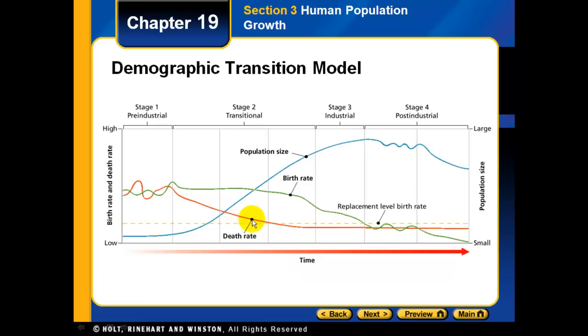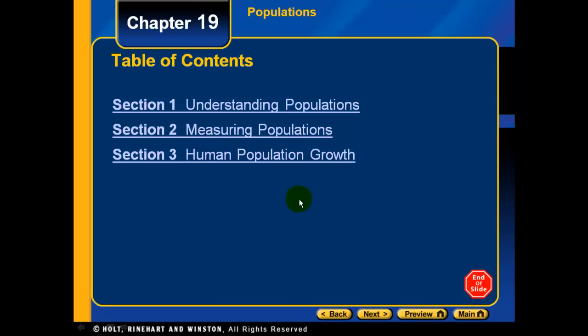The orange line represents death rate, and the green line represents birth rate. And that finishes our podcast for